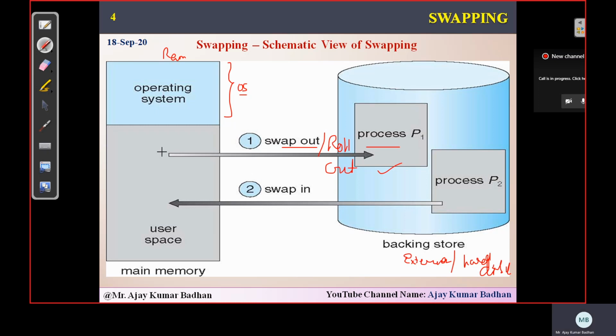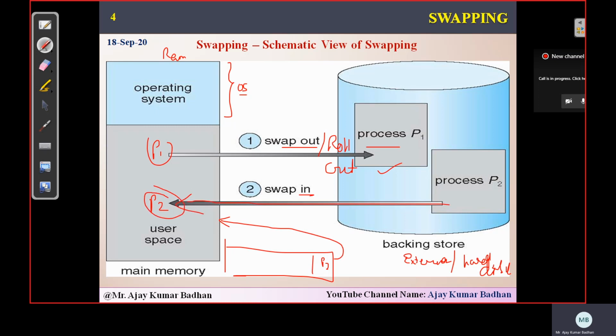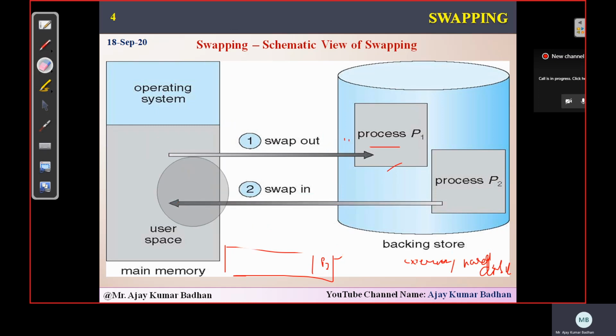In the same way, process P1 has completed, and we do have a ready queue here. There is P2 here. Now we are bringing P2 inside this particular RAM. With respect to P2, whatever memory image we have on this disk, we are bringing it in. That is what we call swapping in. Now this process will execute. Once it is executed, we will remove it again, and that process's updated memory image will be stored in this location. This is generally how it takes place.